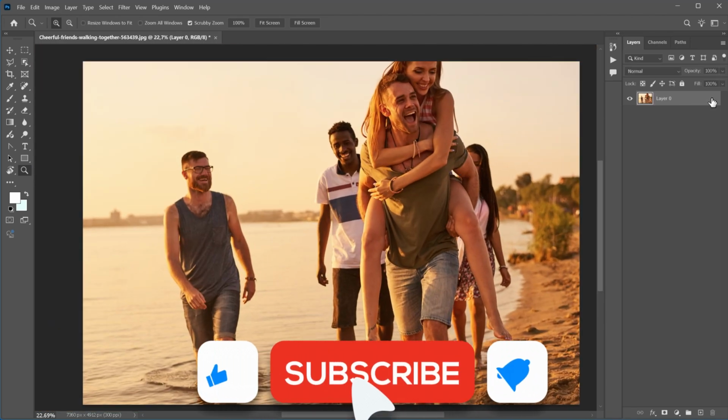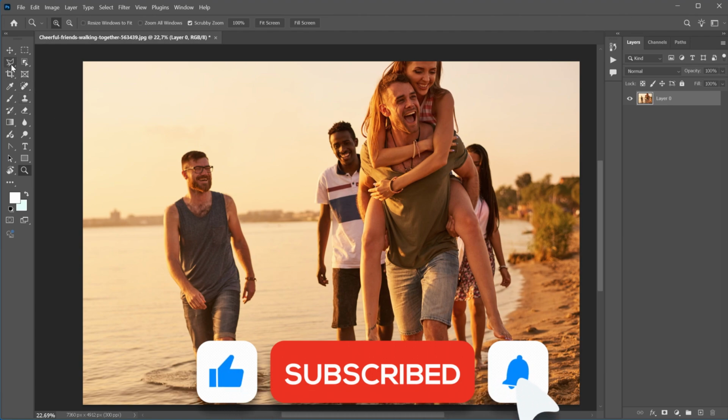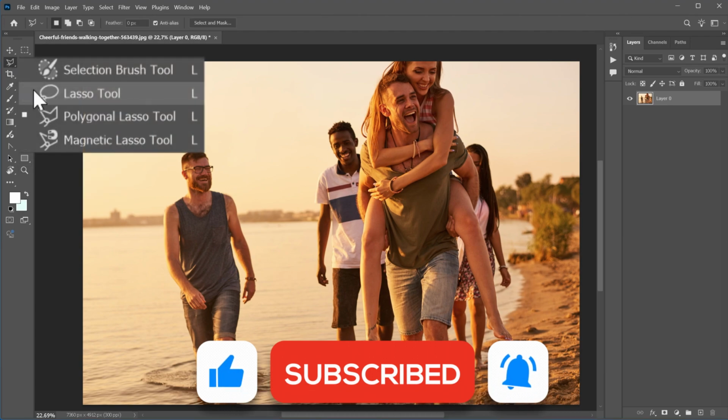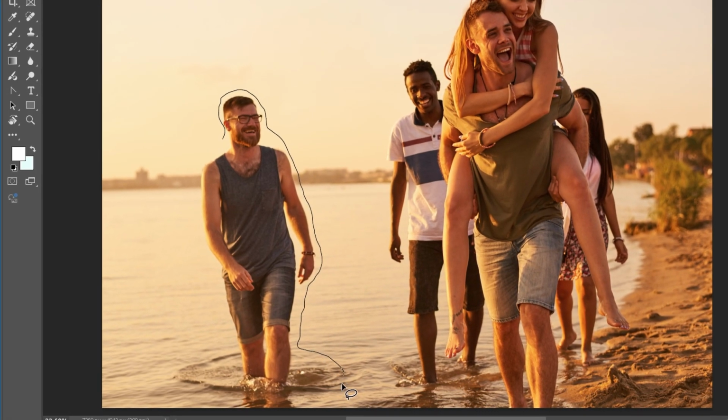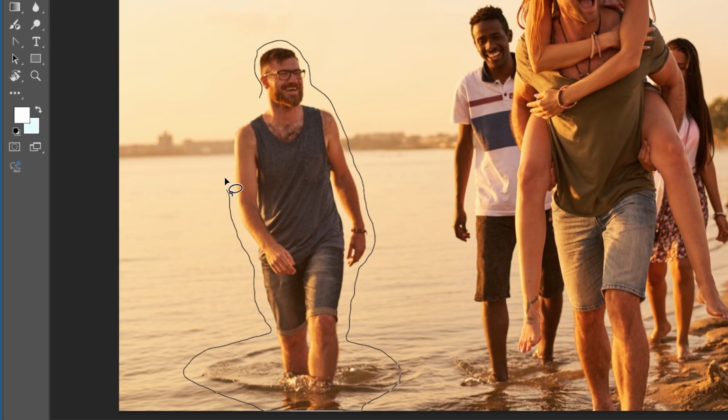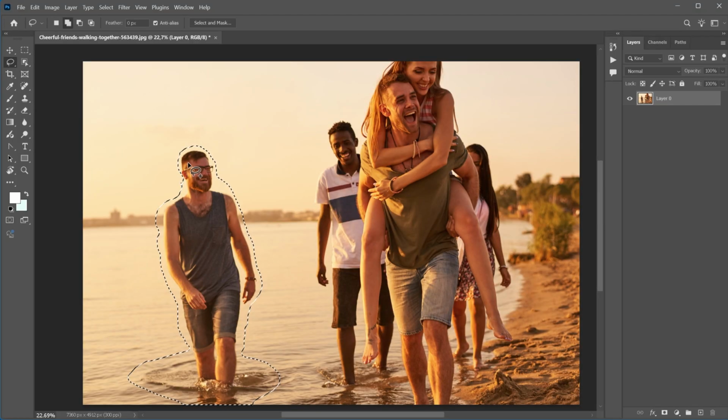So the first thing that you have to do is to select the person that you want to remove. I use the lasso tool. I think it's much easier, but you can use any other selection tool that you prefer. As you can see, you can select it roughly. If you hold Shift, you can add selection, or if you hold the Alt key on your keyboard, you can